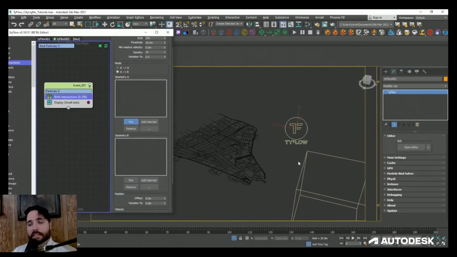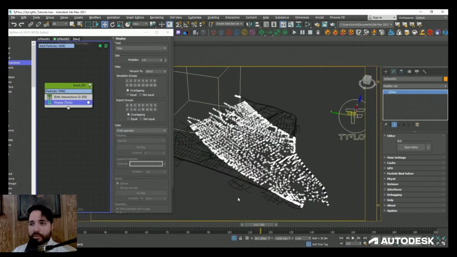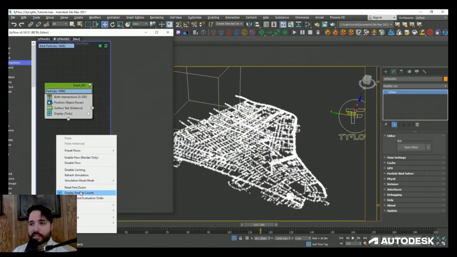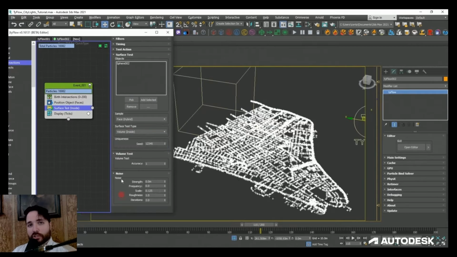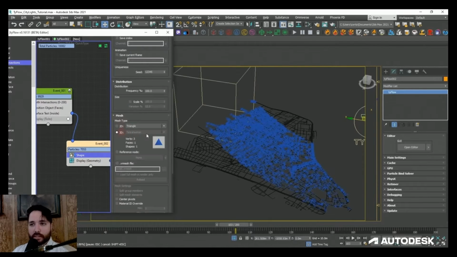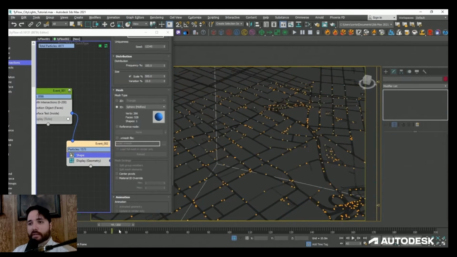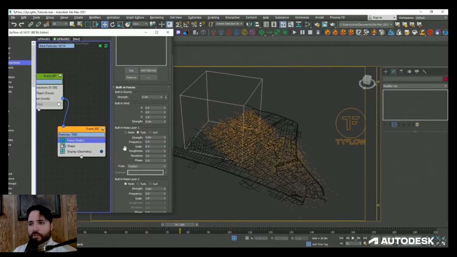Here you can see I'm using a simple sphere collider in order to generate particles only where the particles are colliding with that sphere object. Using a position object operator, we can position the particles to our selected street model and then use a surface test operator so that we can test where the particles are intersecting within the volume of our collider object. Next, once that's done, we add a particle shape operator so that we can change the shape of our particles to a simple sphere, which will be representing, in this case, the cars in our scene. Then by using a force operator, we can play around with the strength of the noise properties and adjust just how intensely the particles are going to try and glide around our network of streets.